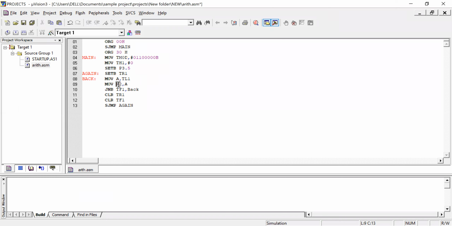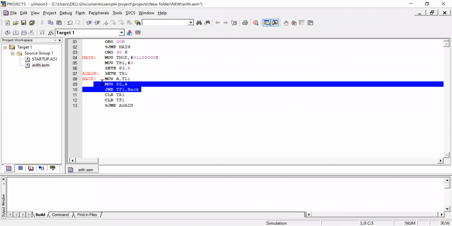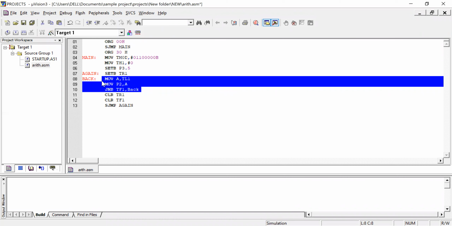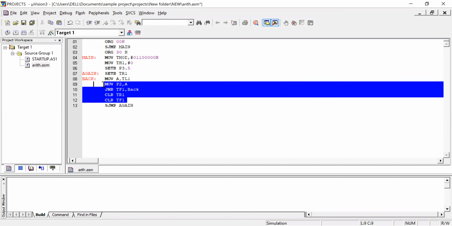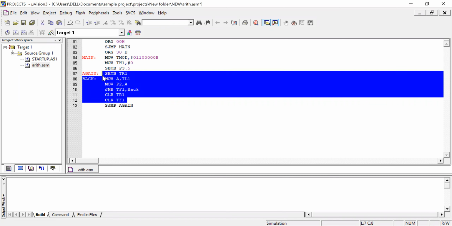That we are pushing to port 2. That's it. This can be repeated every time till we reach flag equal to 1. Then you can stop the timer. If you want to run once again and check how many count pulses we are receiving, you start the program again by a simple short jump.